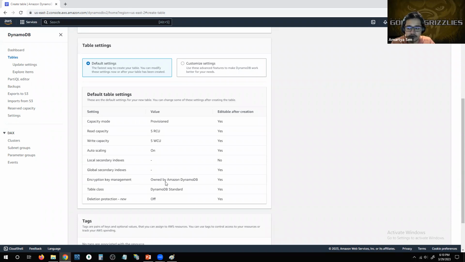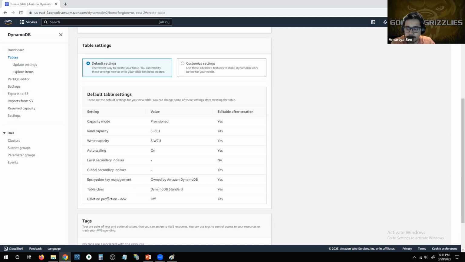So if you have encryption, then the best option would be to just allow Amazon to take care of it, because if you are allowing Amazon to take care of that responsibility, then your share of security responsibility goes down. Because if you take the responsibility of managing the keys yourself, and then your keys get compromised and your data leaks, right? Then you are responsible, because you were the one responsible for properly managing the encryption keys, and you failed to ensure that, right? So